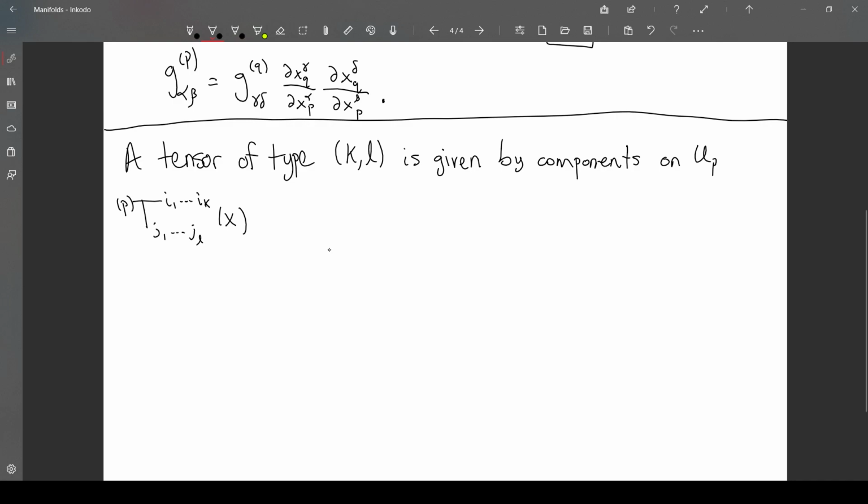So these are functions of x on U_P. Each of these indices is going to run over the dimension. And these functions, or components, if you like, satisfy a transformation rule